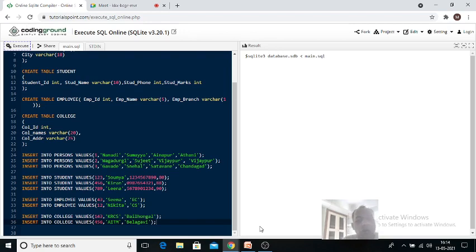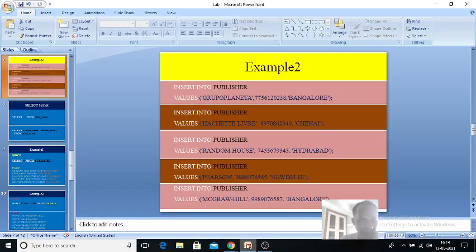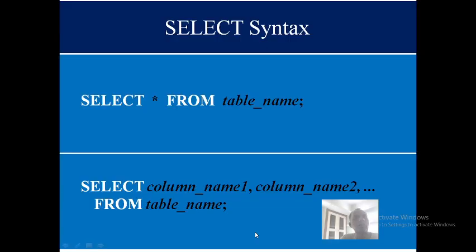Now we'll see how to select, okay, sorry, how to see the values which you have entered into that. Okay, which are the values which you have stored it in the table. Okay, now for that you are having the select statement syntax. How to select? Select star. Star is there. Select is a keyword, and from is also keyword, and star. I will tell you what is this star. Okay, and a table name.